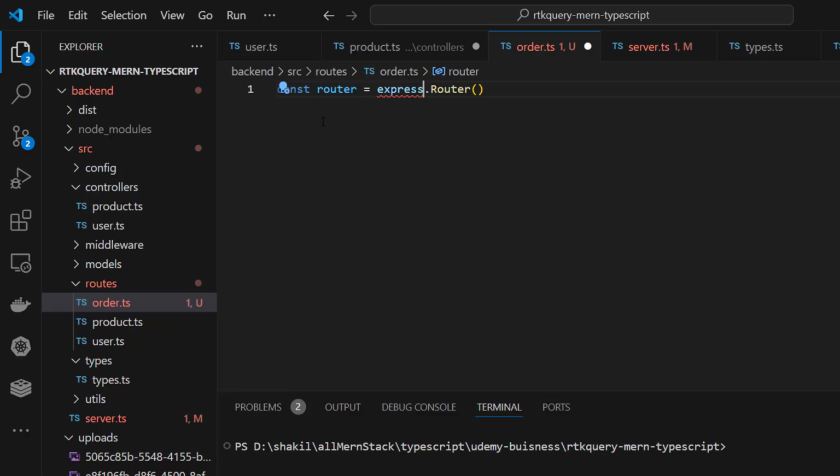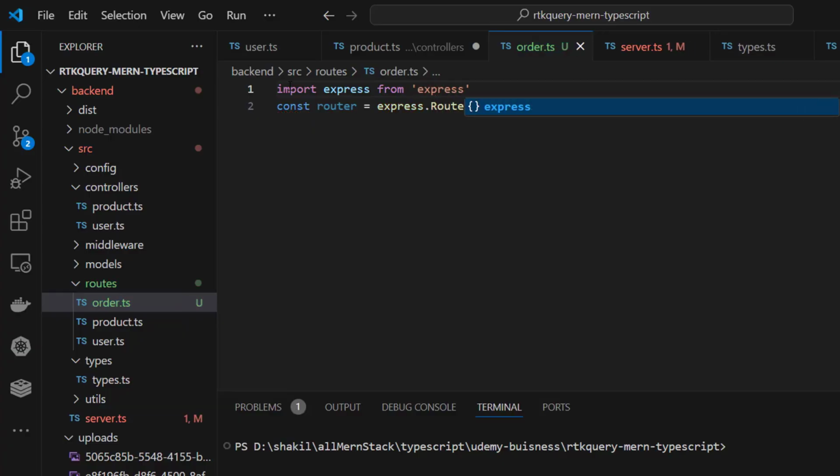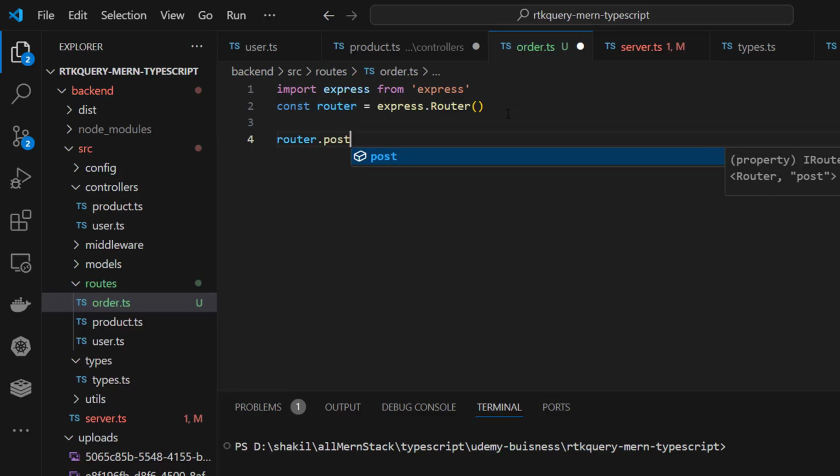So import express. Let's see. Nothing is there, so need to import it manually. So import express from express, and we need to create some routes. Okay, so router dot post new order,